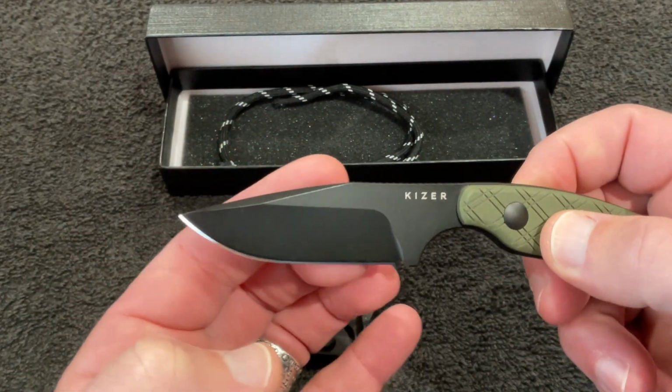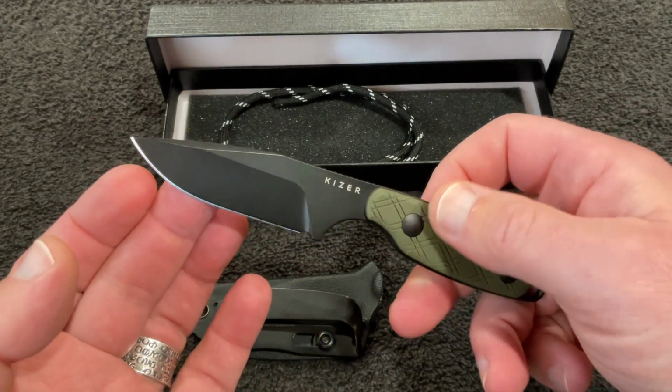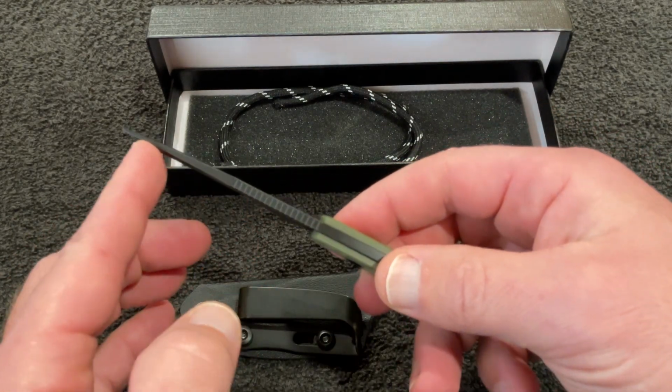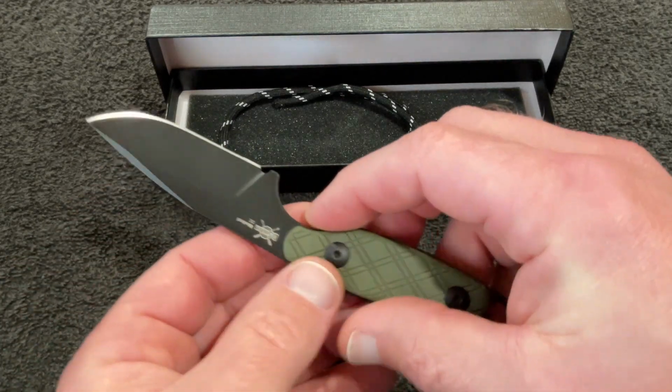It's got a clip point. And I like how they thinned out the blade a little bit at the tip there. They kind of sharpened it down here. And then you got a really nice point. So this is